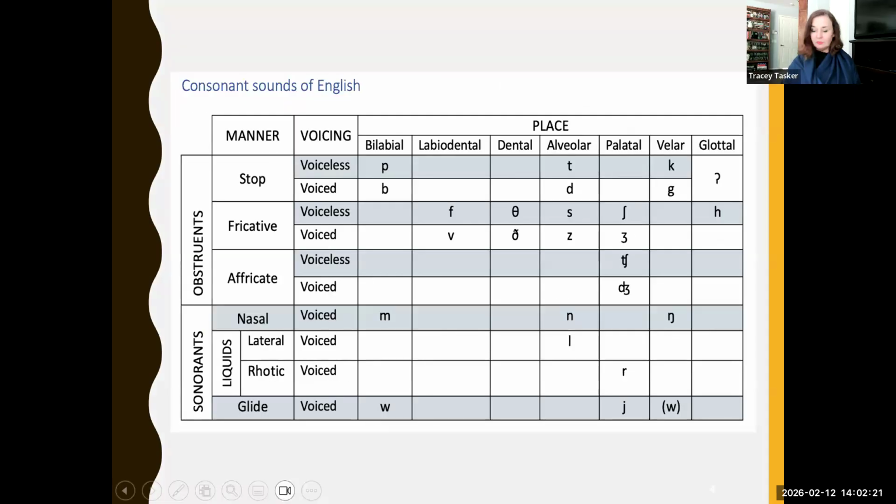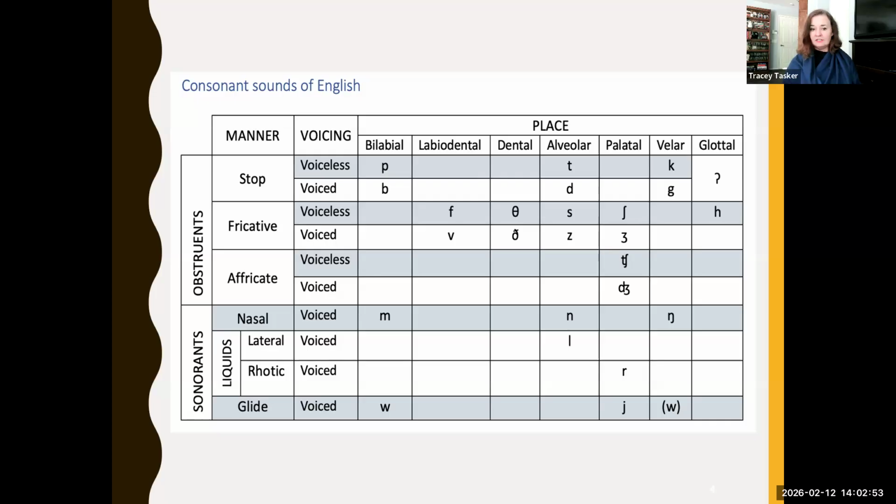All right, so here's the simplified version that we're going to be using. And what we're going to be talking about today is where the sounds sit both horizontally. So you see where it says place up at the top, and then it has all those labels, bilabial, labiodental, dental, which really refer to our articulators, as well as where our articulators are moving towards in our supralaryngeal vocal tract. And then along the